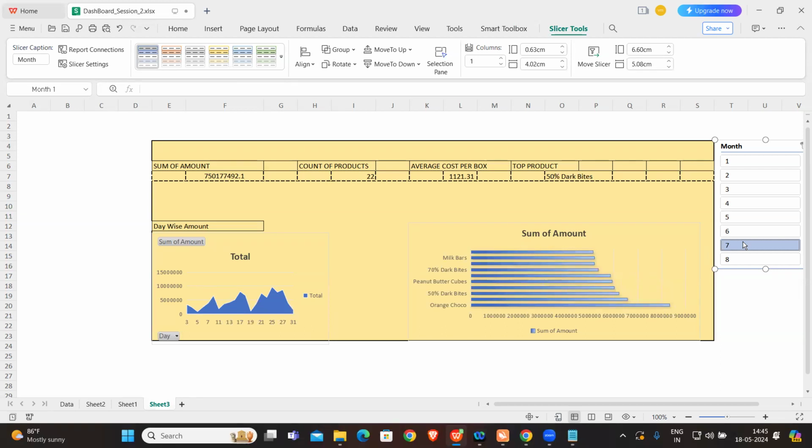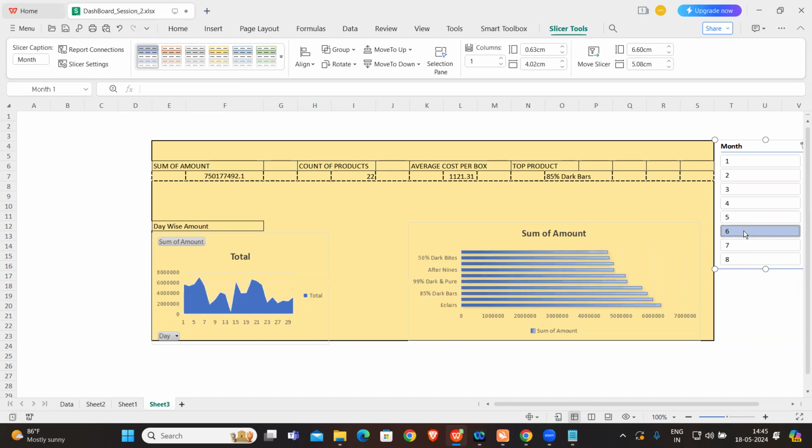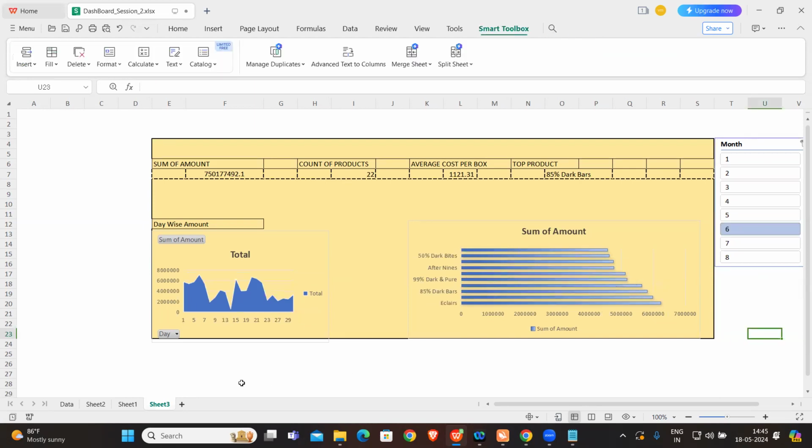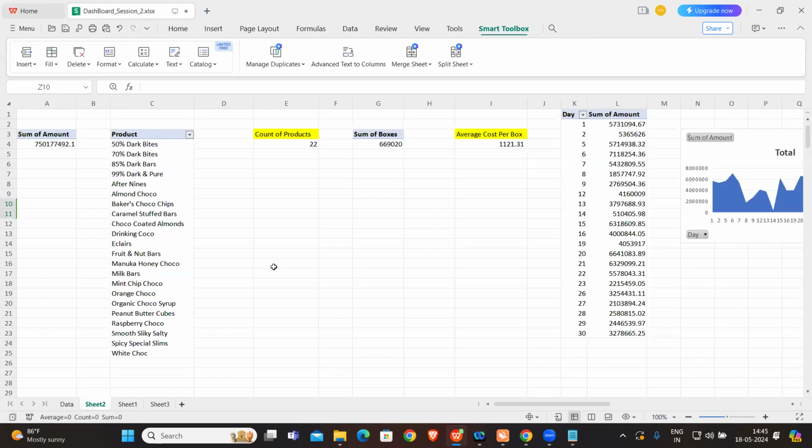What is the sum of sales that is being applied to this? Suppose he wants to see month 7, that is July, he can see the sum of amount on milk bars, what products are available, and day wise what sales have been made, whether they are increasing or decreasing. So all those patterns you can understand. Suppose you want to filter on different aspects, then what you can do,